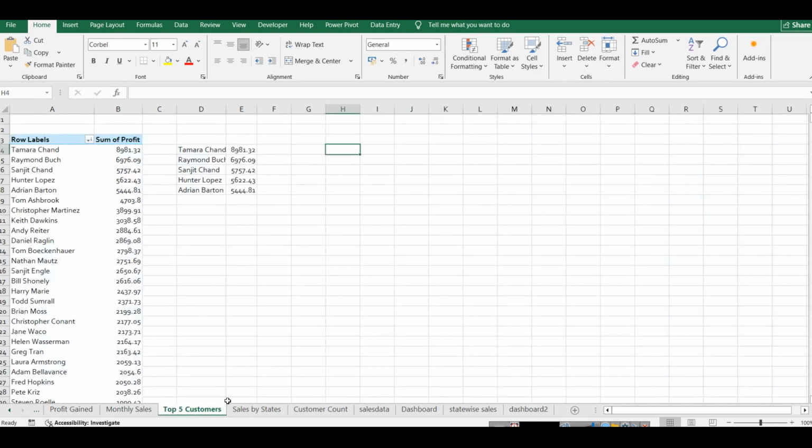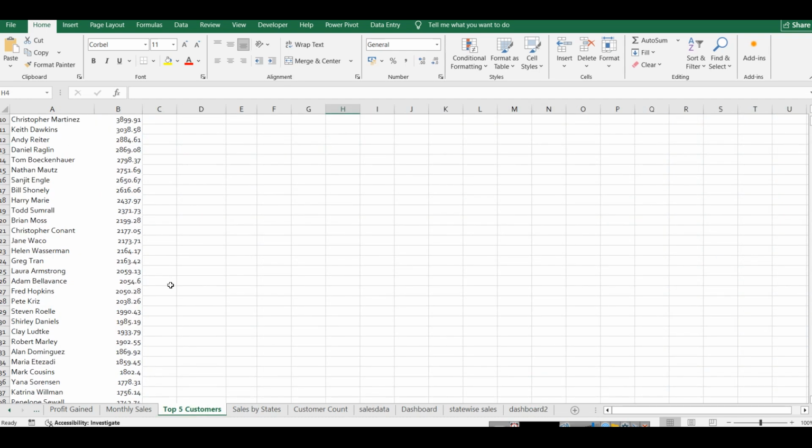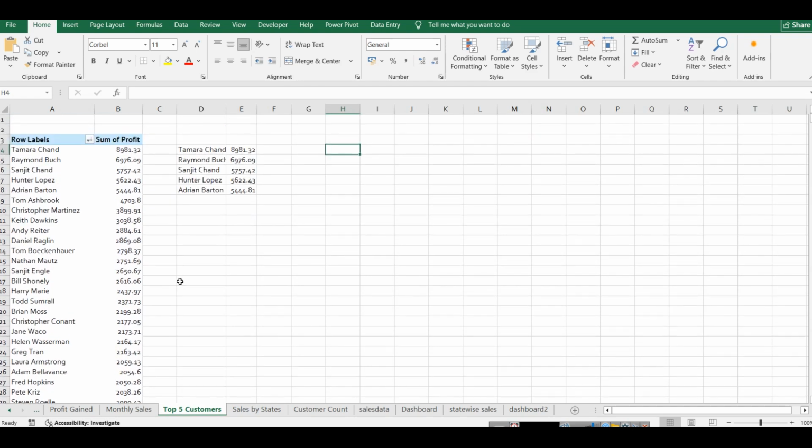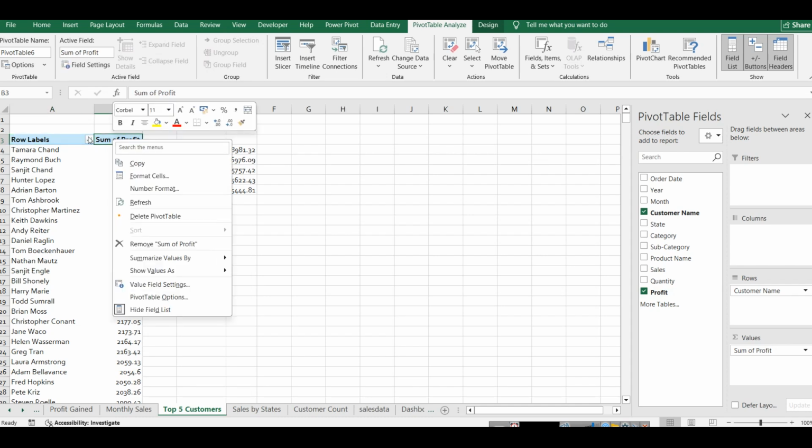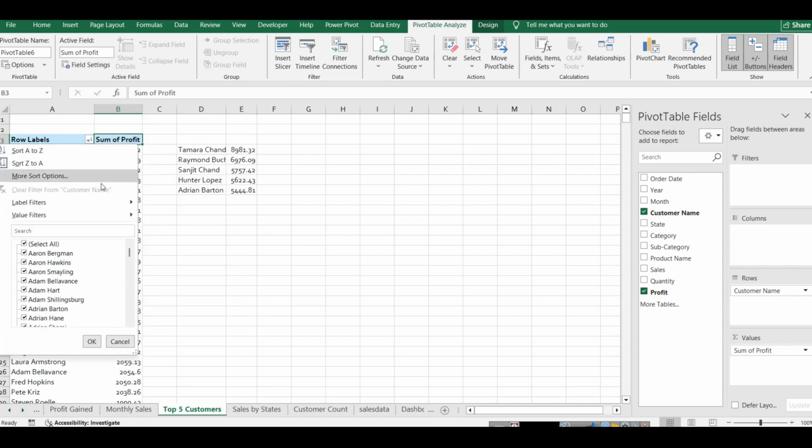Another, and next is top 5 customers. So what they have done is, again, created a pivot table. In this pivot table, you go to field list. Here we have customer name and profit. Then you can sort this by, so you can click here, and you can press sort Z to A, and